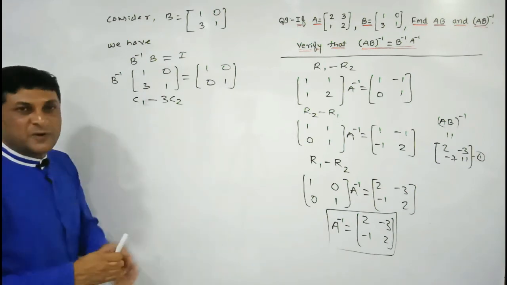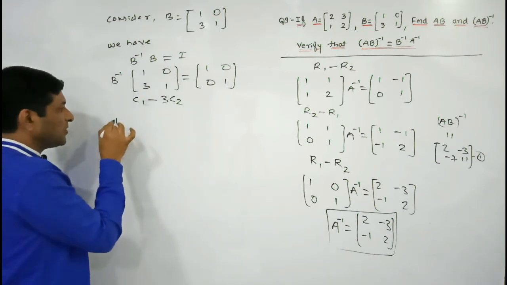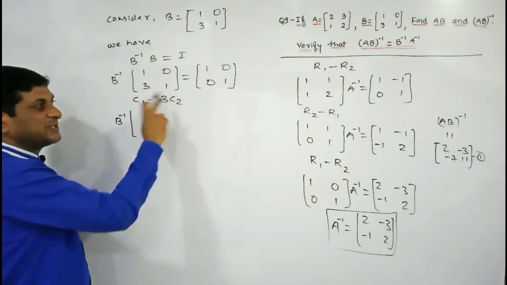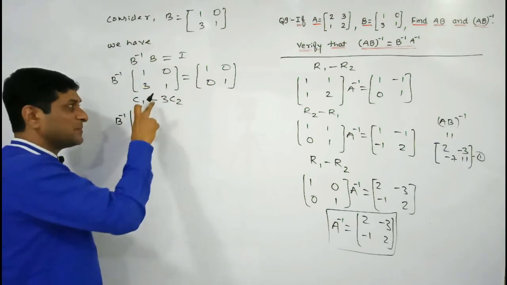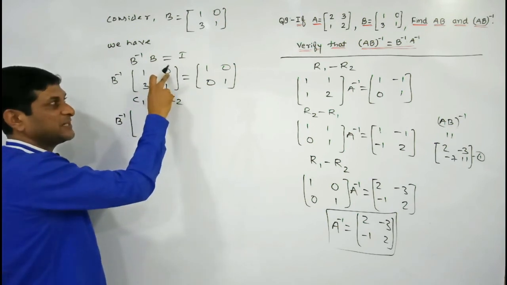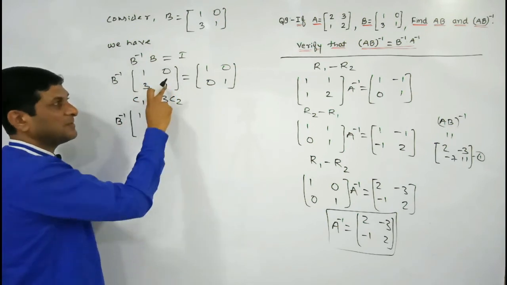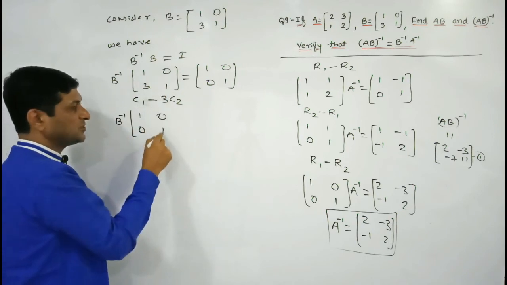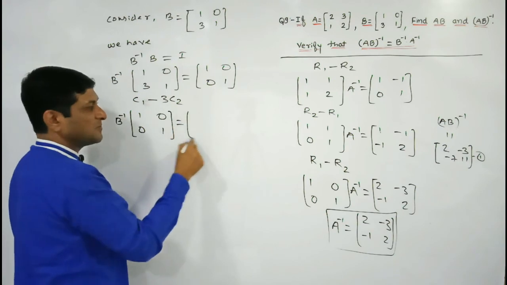Now let us perform this operation on the elements of C1. So these are the elements of C1. We are using the corresponding element of C2, and we are multiplying C2 by what? Minus 3. Multiply by minus 3. 0 into minus 3, 0. 0 plus 1 is 1. Multiply by minus 3. Minus 3 plus 3 will become 0. There is no operation on C2, so keep the elements of C2 as they are.